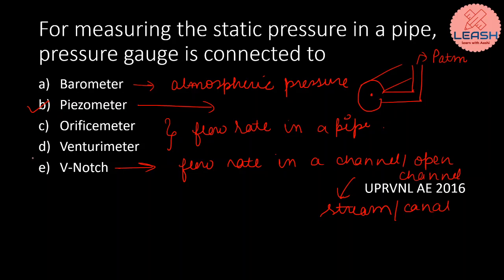Now the disadvantage of piezometer is it cannot measure the pressure of a gas, it cannot measure the pressure of high magnitude. That means if you need high magnitude pressures, the height of this piezometer should be very large, because if you remember from the hydrostatic law, P is equal to rho g h, and if the pressure is high, this height of water in the piezometer will also be very high. Whereas if you want to measure the gas pressure, again it will be a problem, because gas cannot form a free surface, so you will not get the height.